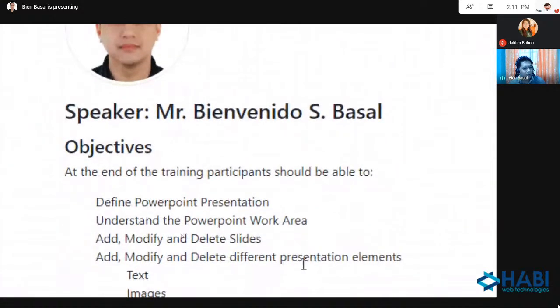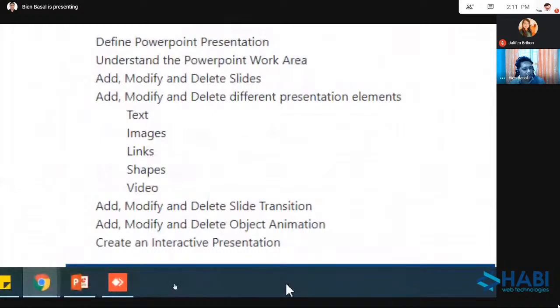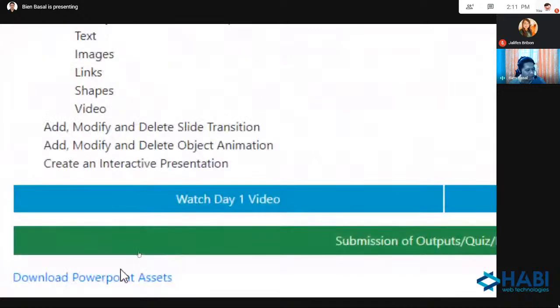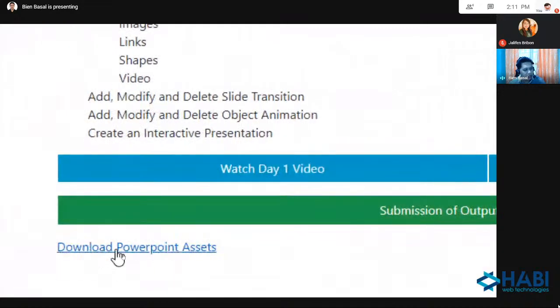Ayan. So ayan po yung ating objectives for this afternoon's training. And I want you to scroll all the way down. And you should see here, meron po tayong link dito na download PowerPoint assets. Resource limit is reached. Kasi nagsabay-sabay na po ata kayong mag-access. Anyway, kung hindi niyo po ma-download sa ngayon, sorry for this issue po, no? Kung nag-reach limits po, hayaan nyo na lang po muna. Siguro maybe later, you download na lang po.